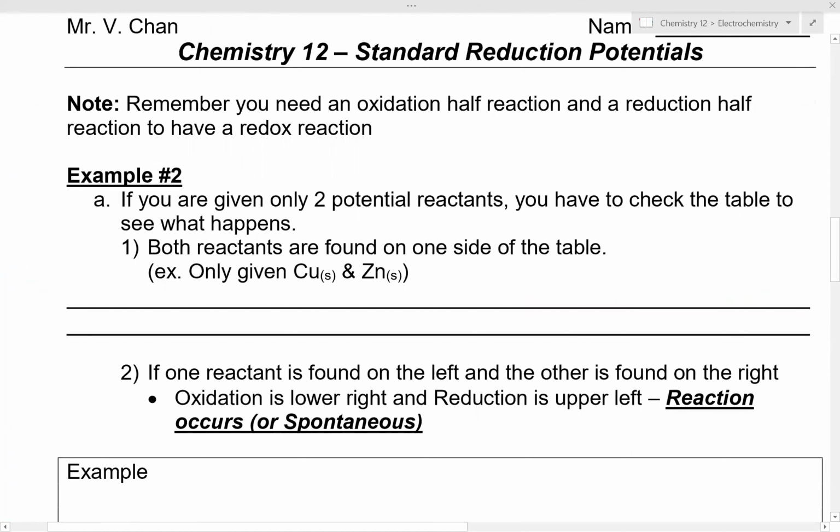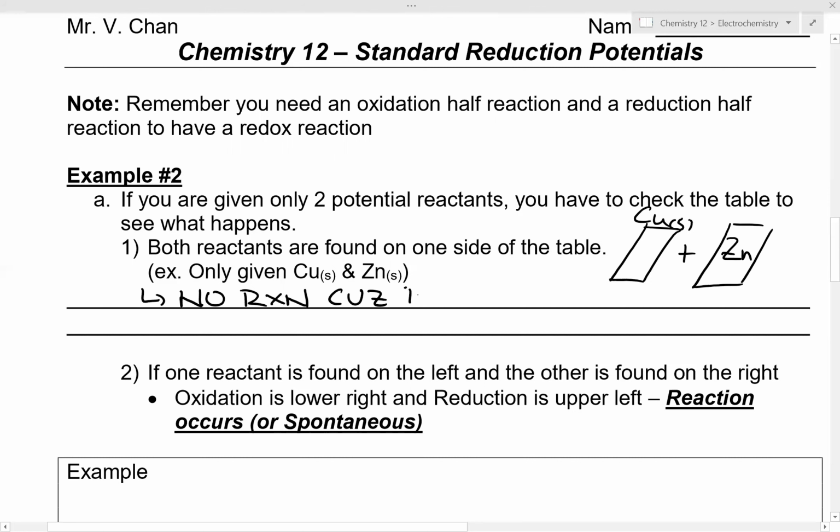Let's say both reactants were found on one side of the table. So let's say you were only given a piece of copper solid, and I slapped on a piece of zinc solid, what would happen? In this case, there would be no reaction